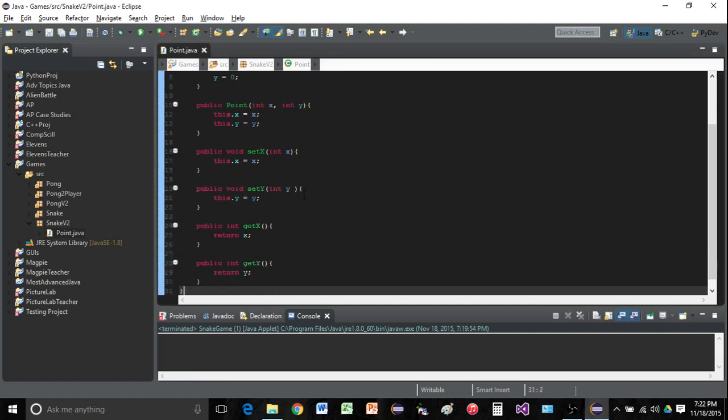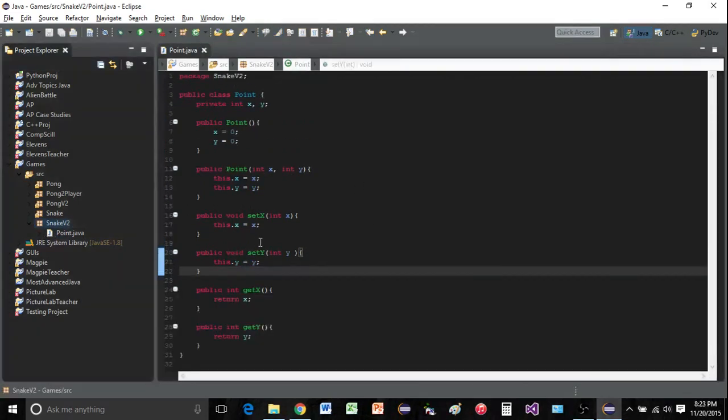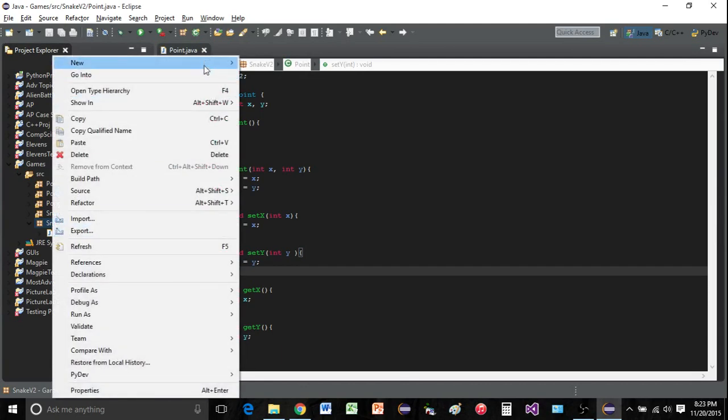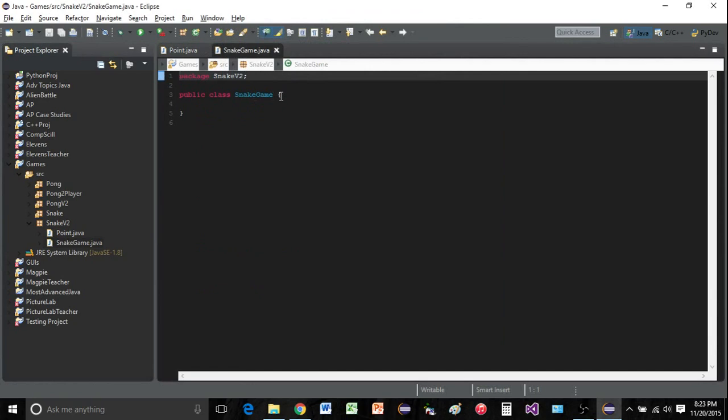Okay, and there we have it. That's our entire point class. So now we can move on to the other classes. And the next class we're going to create is going to be snake game. So we'll just say new class, snake game. Now this is the one that's actually going to be an applet. So we can put extends,